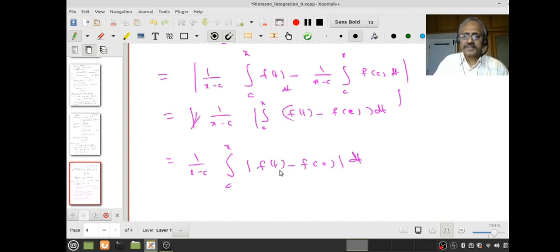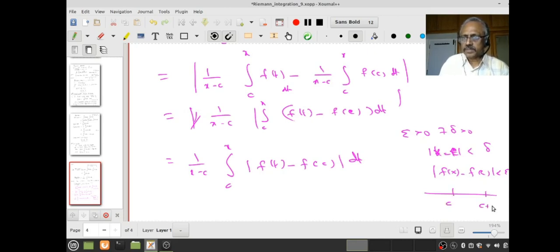Since f is supposed to be continuous at c, given the epsilon as above, there is a delta positive so that mod x minus c is less than delta implies mod f(x) minus f(c) is less than epsilon. Therefore, let us take c plus delta. To start with, any x which is less than c plus delta. Therefore, t will be between c and x. You understand that? Therefore, the distance between t and c will also be less than delta. Therefore, modulus f(t) minus f(c) will be less than